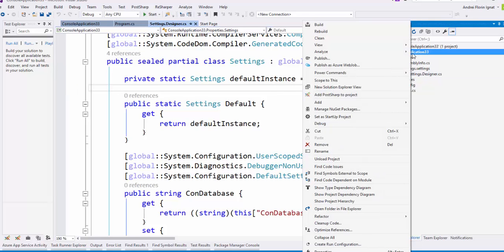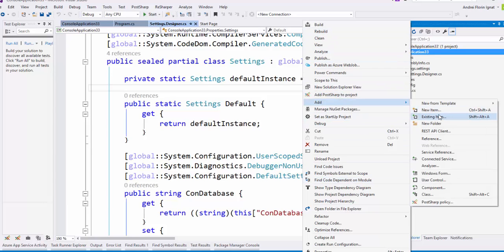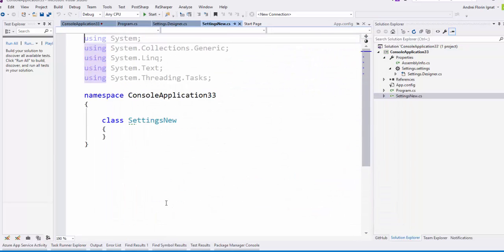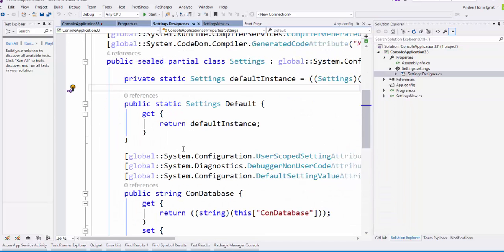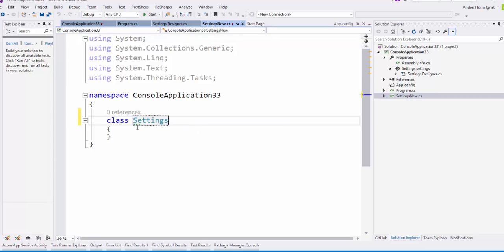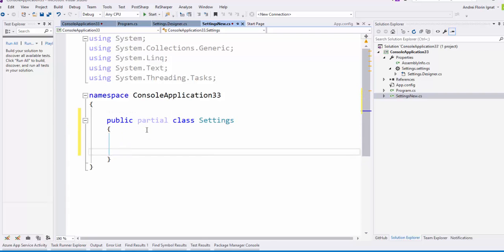So the solution is to add a new class, and if in this class I name settings new, I will profit by the fact that the settings is partial. So I put settings in this class too, and I put the same public partial class settings, and I will create a method